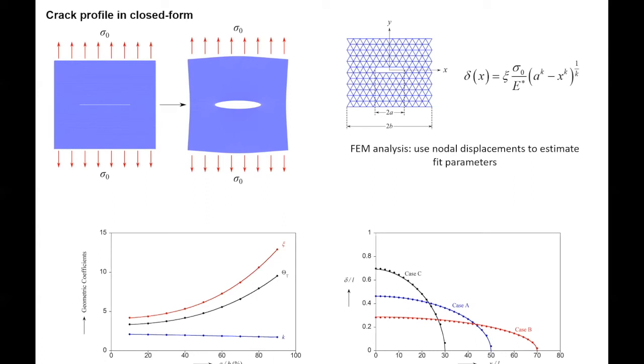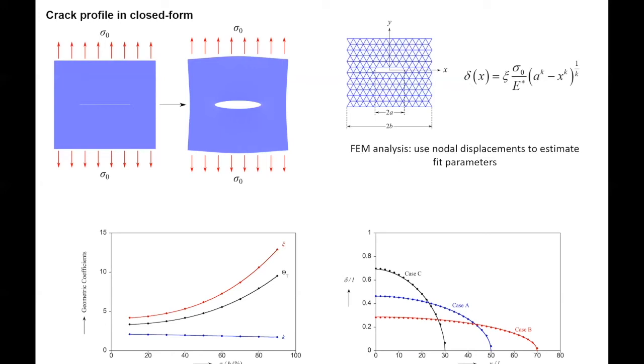And as you can see here, the power law is always going to be very close to 1/2, no matter what the ratio of crack length to width of the plate is. But the coefficient at the beginning, which in linear elasticity is 4, you see it starts from 4 when the crack is very small compared to the domain. But as you start increasing, you get a different value there. So now we have this fitting function for